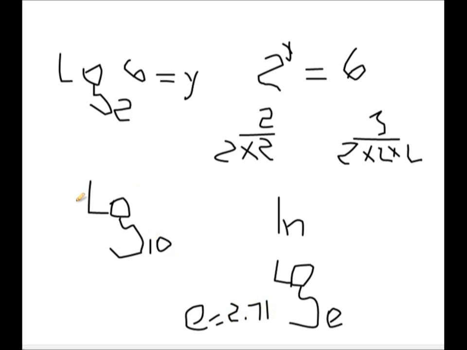You got only log base 10 and log base e. But you don't have log base 2. Most calculators, some have it, but most of them have only log. When you see log, understand it is log base 10. If you compute log 6, it's not going to give you the answer because it's going to give you log base 10 of 6, not log base